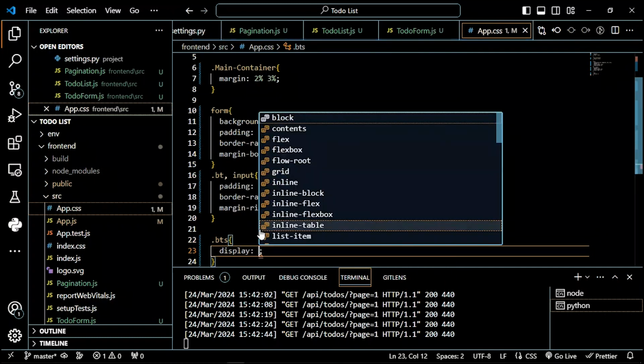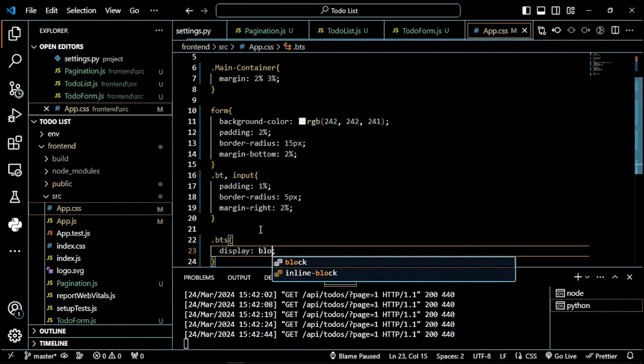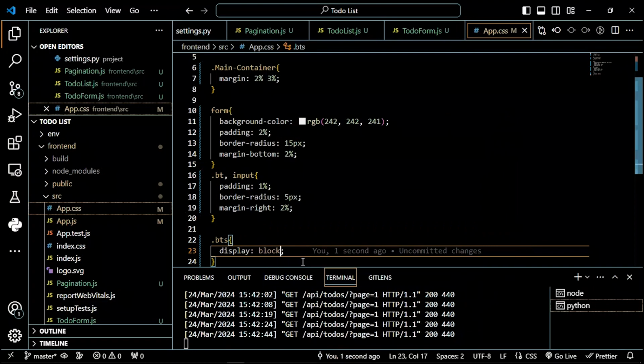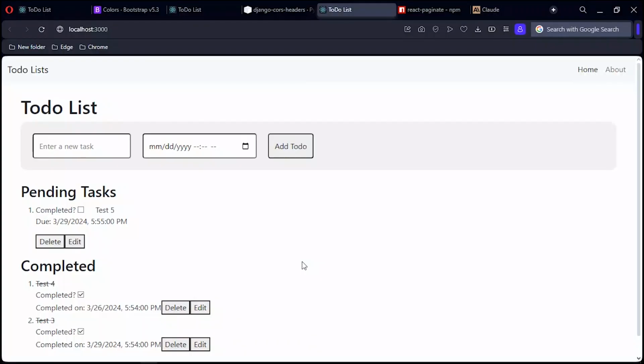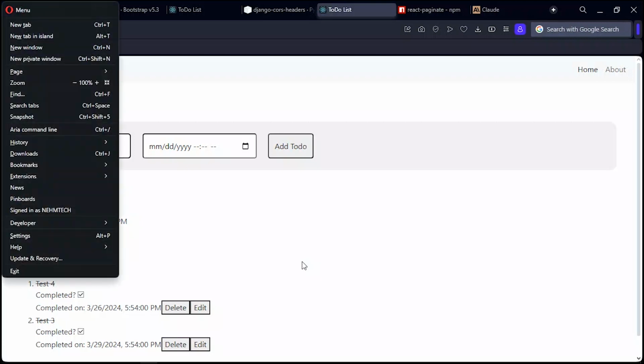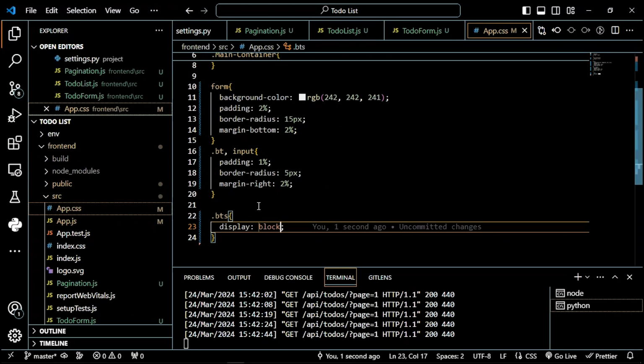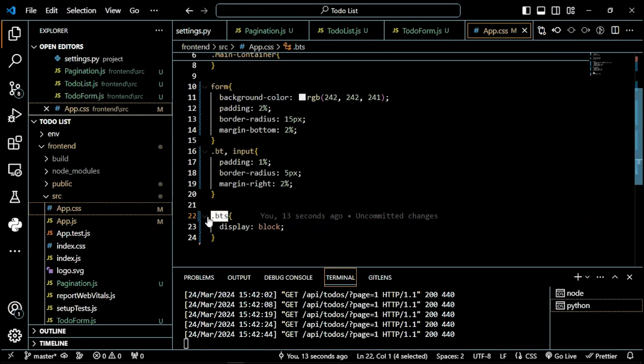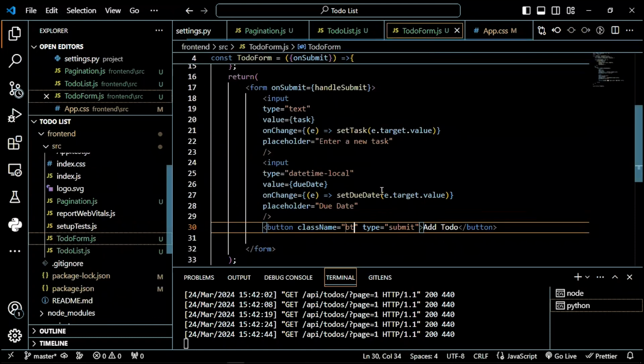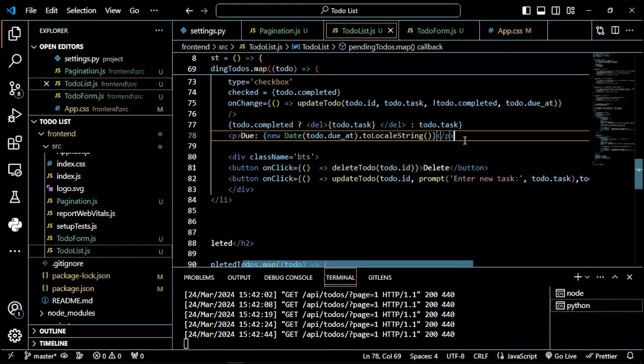Display should be block, but let me also add in this BTS to the other one. Yeah, so let me give it